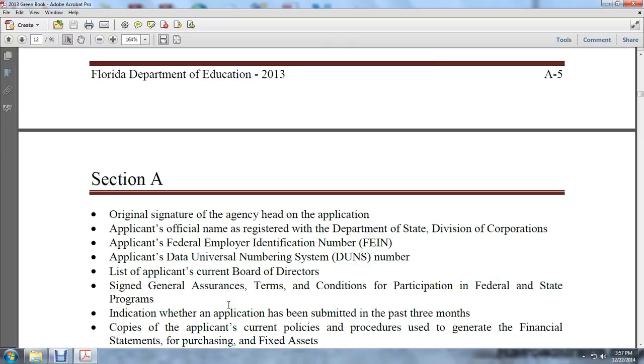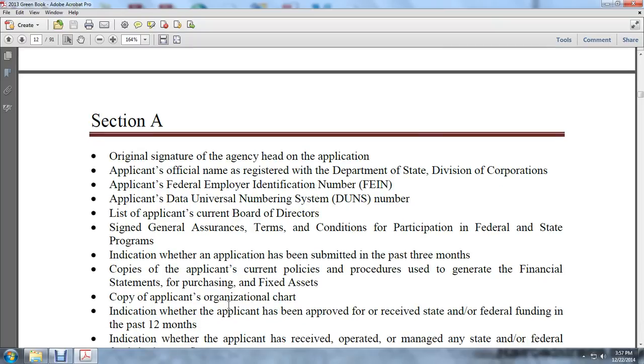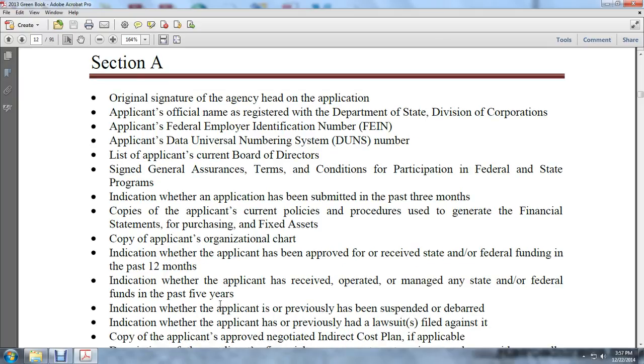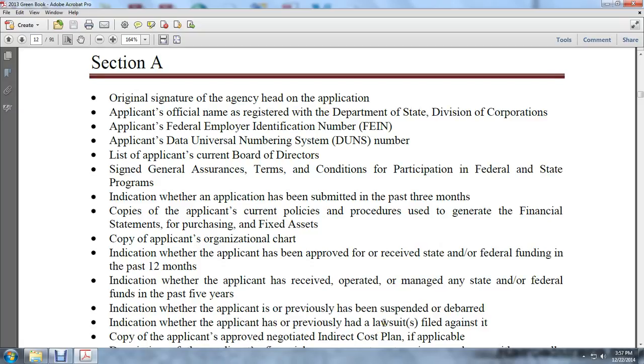indication whether the applicant has submitted in the past 3 months; copies of the applicant's current policies and procedures used to generate financial statements, purchasing and fixed assets; a copy of the applicant's organizational chart; indication whether the applicant has been approved or received state and federal funding in the past 12 months; indication whether the applicant has received, operated, or managed any state or federal funding in the past 5 years; indication whether the applicant is or previously has been suspended or debarred; indication whether the applicant has previously had a lawsuit filed against it; a copy of the applicant's approved negotiated indirect cost plan, if applicable, or a description of the applicant's financial management system in accordance with generally accepted